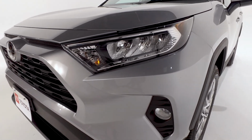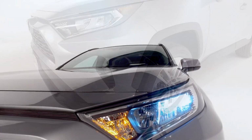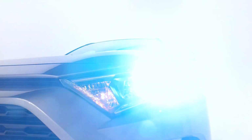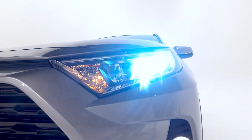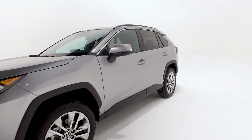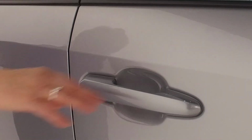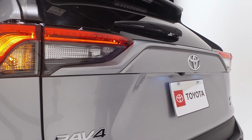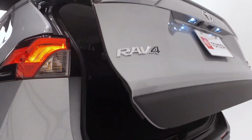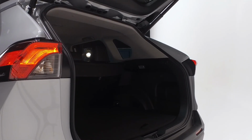Another feature of Toyota's Safety Sense are the automatic high beams integrated into the LED headlights and LED daytime running lights, designed to maximize visibility in all conditions. The color-matched door handles integrate smart key technology, allowing you to keep the key in your pocket and still unlock the vehicle. The Rav4's height-adjustable power rear tailgate allows for ease of use, and the LED taillights give the fastest